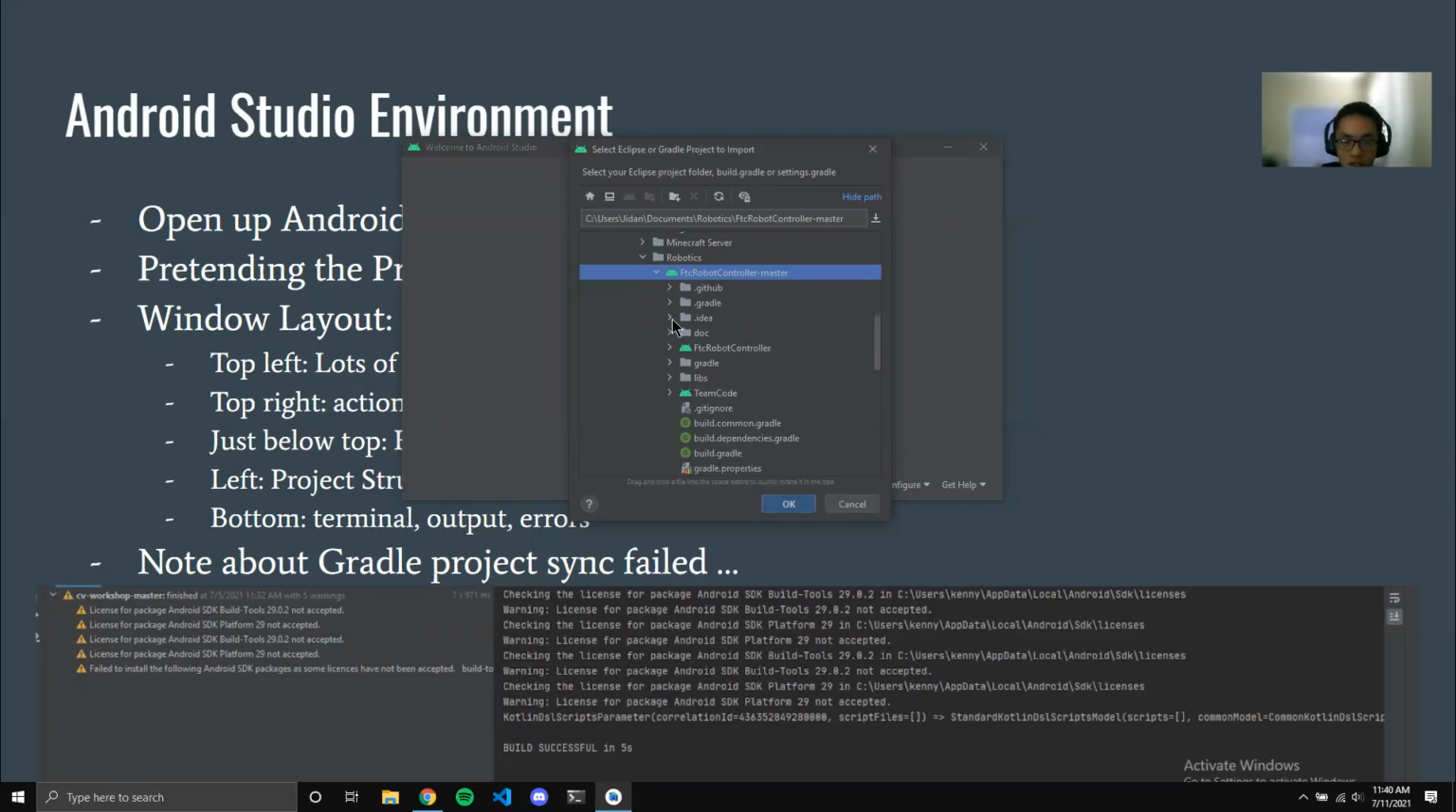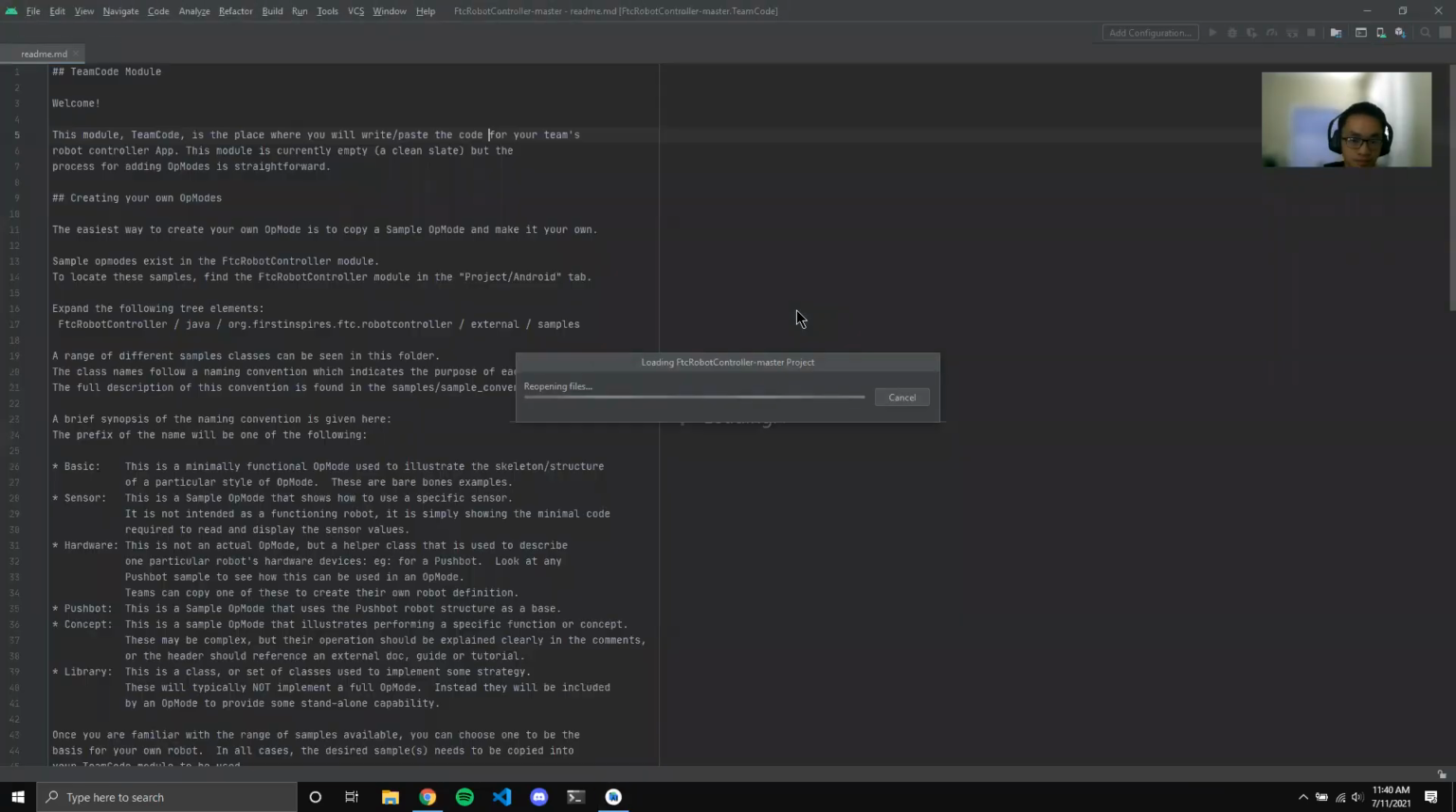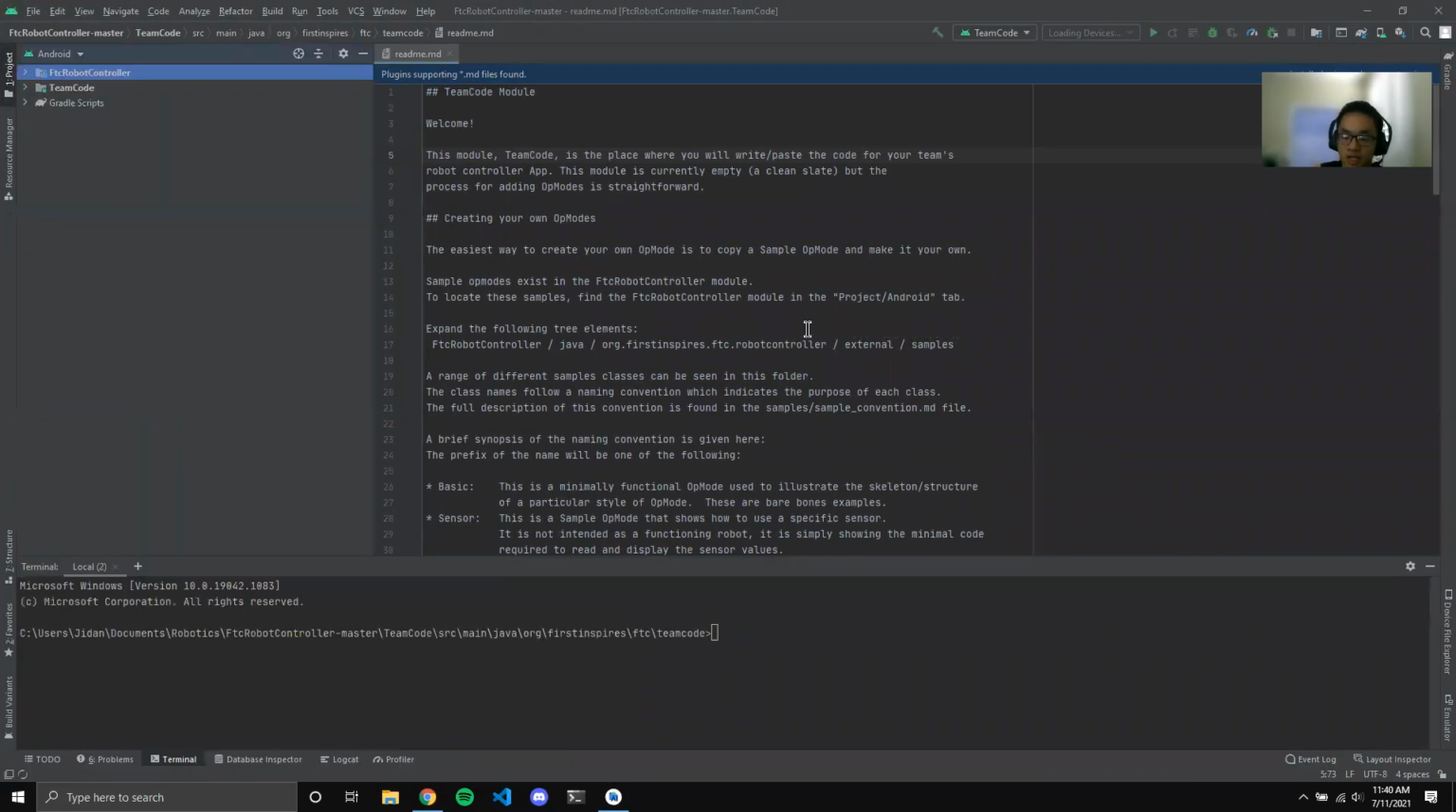And so you want to make sure your structure looks like this. FTC robot controller master, you have an FTC robot controller, and you have the team code. You want to make sure it looks like that. And so you want to open up this folder right here. Press OK. You give it a second, and a cool tip is sometimes if you look here at the bottom,